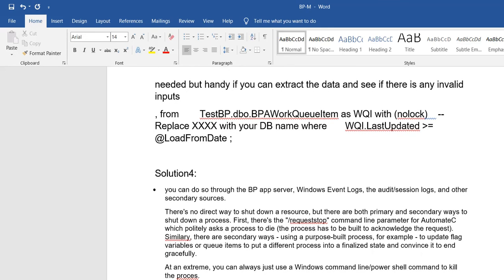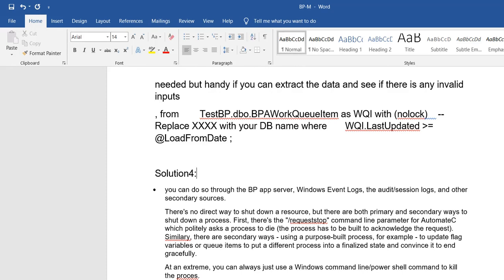So primary and secondary ways. Suppose you are checking through a query and something wrong is happening, and you want to shut down or stop immediately. There is no way. If a bot is doing something wrong, you cannot stop it immediately.